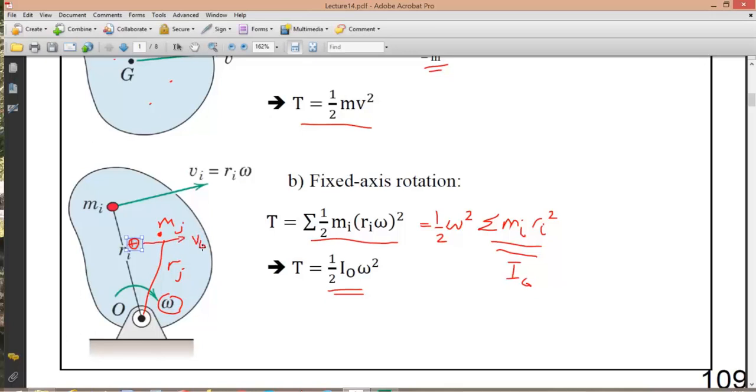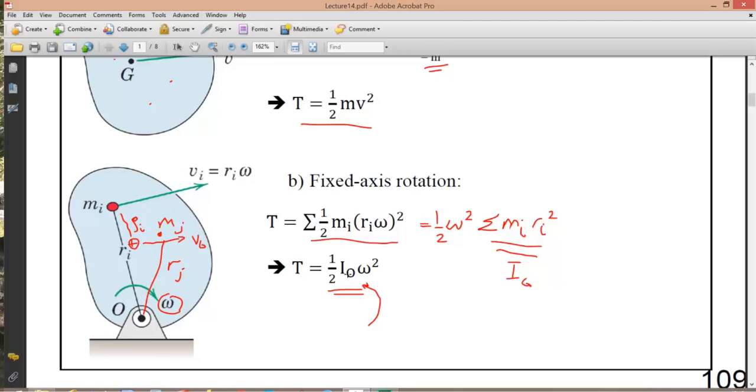Vg, and then I can define the points from the mass center to these discrete particles, and then describe their locations as some rho i, and then do the calculations, which is the same thing that we're going to do for the next case for general plane motion. So I'm not going to go into details of that, but at the end what we're going to have is,